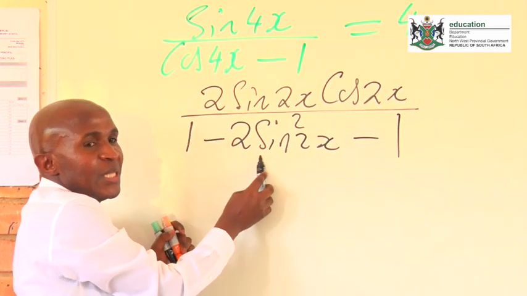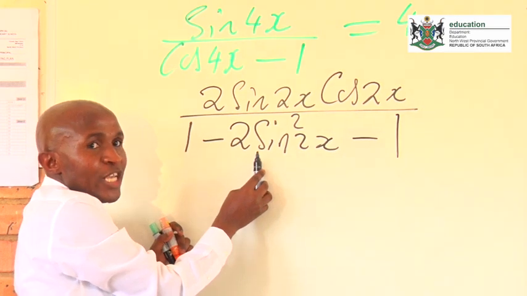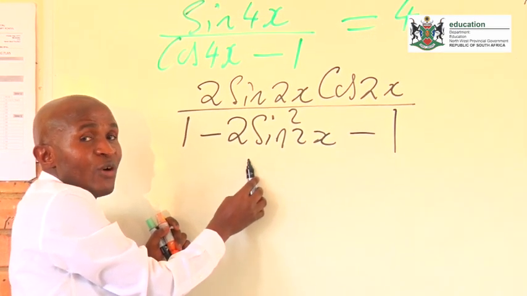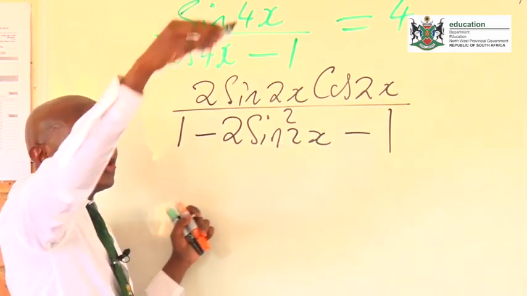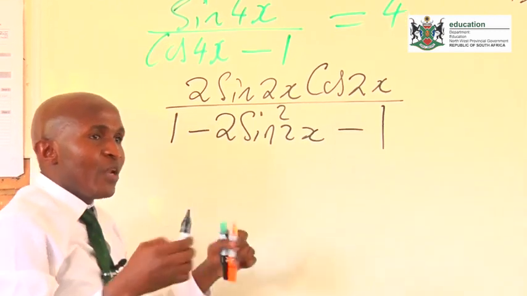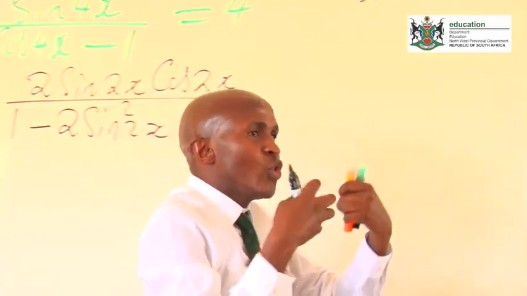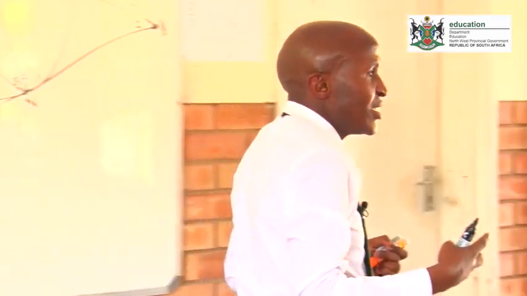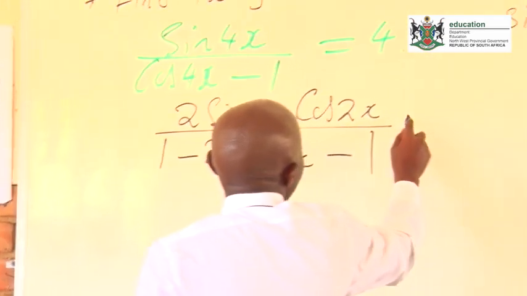Why specifically this one? Because it only consists of sine. The other 2 consist of cos. Remember, at the end I'm trying to have one ratio so that I can factorize it nicely. You get it? Then, equal to